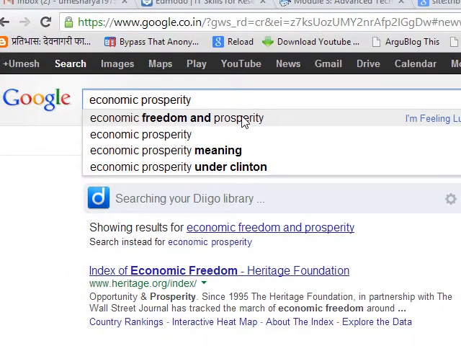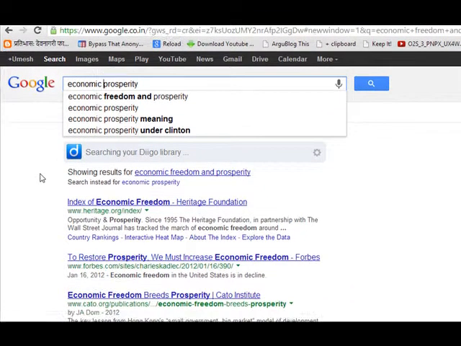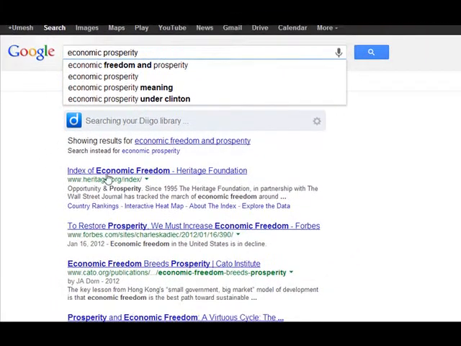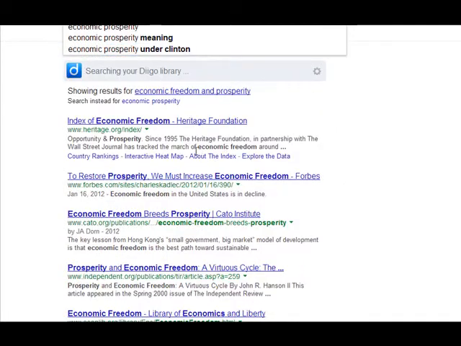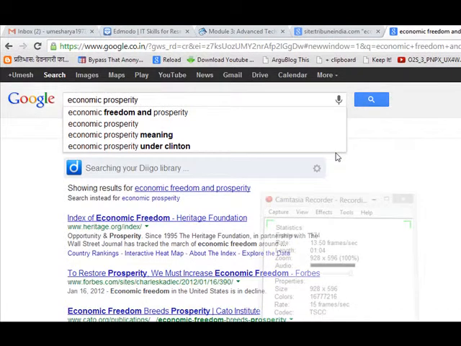This is known as Google Instant. It only works when the speed of the internet is fairly good. So you see, it has shown some results, but these results are very large in number.